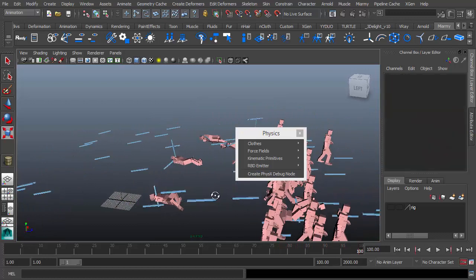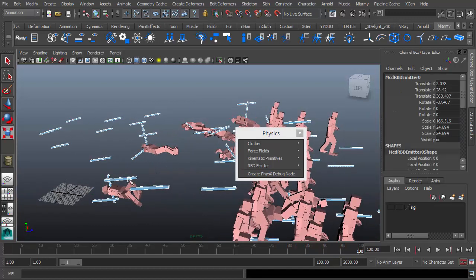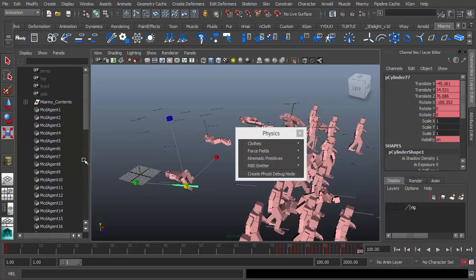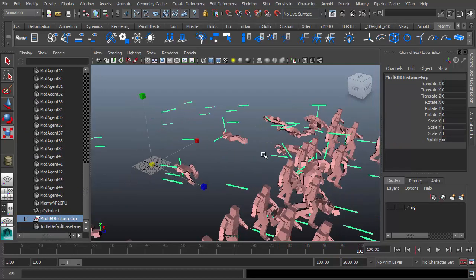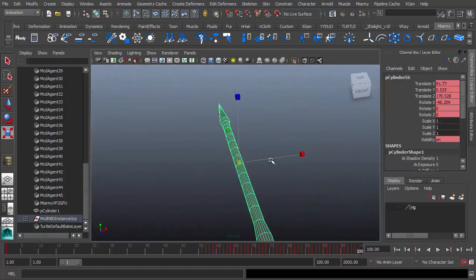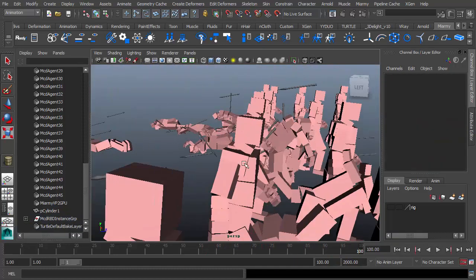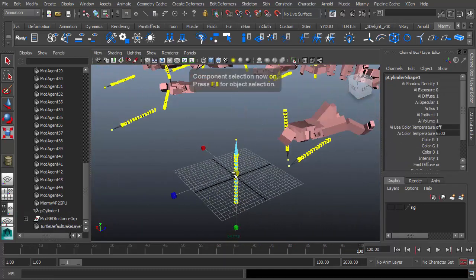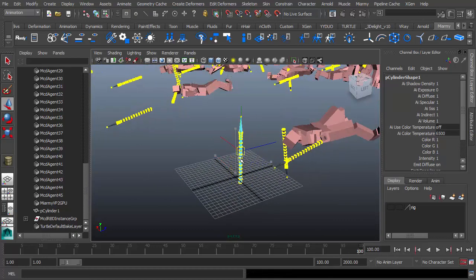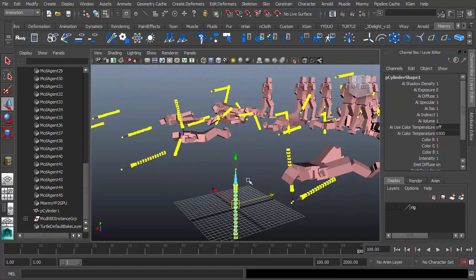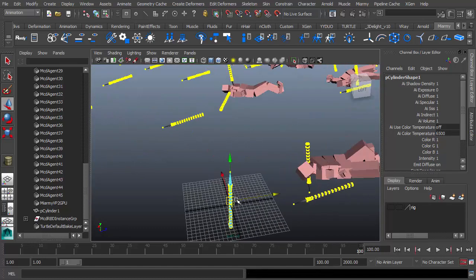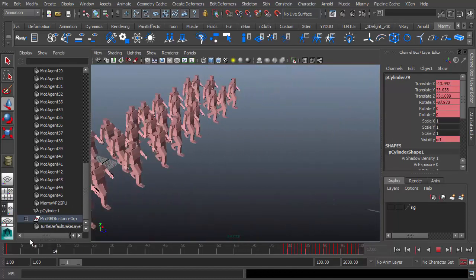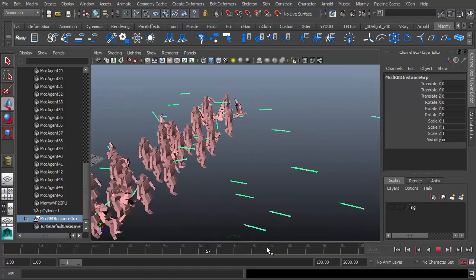If we just select the RBD emitter and delete it, you can see that the RBD emitter has been baked to real Maya geometry. This is real Maya geometry, but it is actually an instance of this arrow. So you can keep tweaking the size, position, and shape of it. This is actually a Maya instance object. That is cool. With this baked, you can render it directly with any renderer